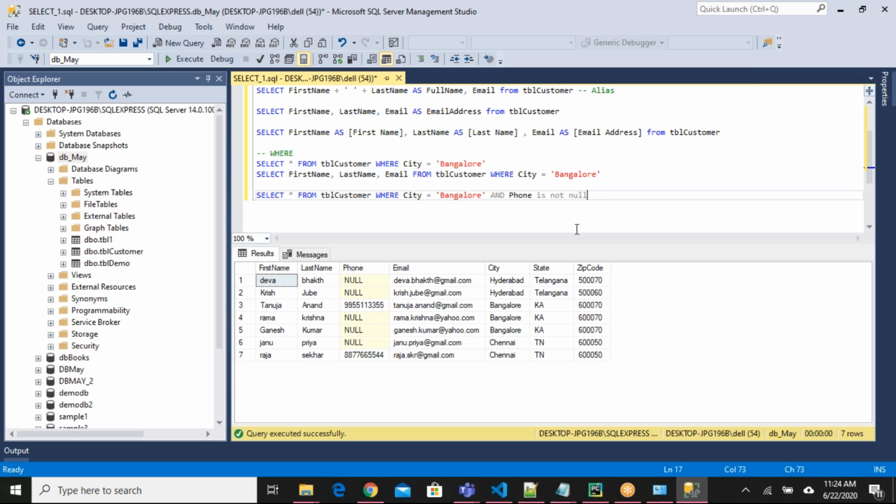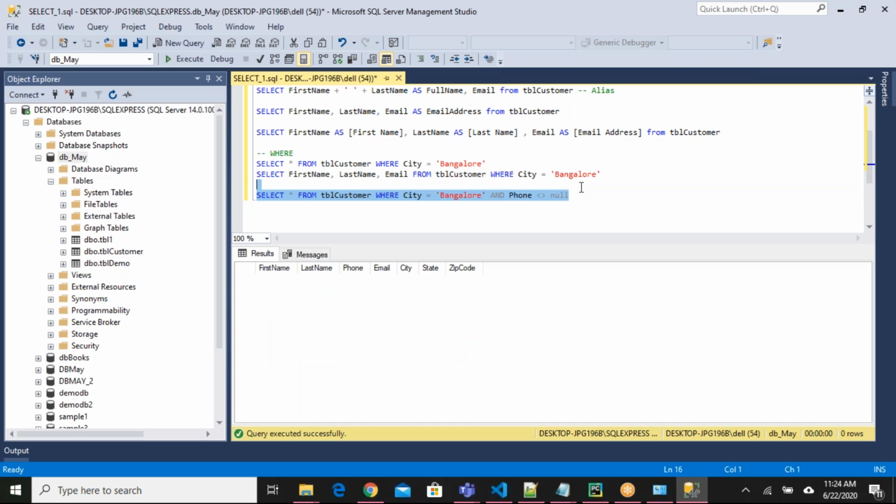Not equals to will not work here like in your programs. We don't use not equals to null like that. For comparing null, we compare with is only. Only for null I'm saying. For the remaining you can say equals to, not equals to, like.